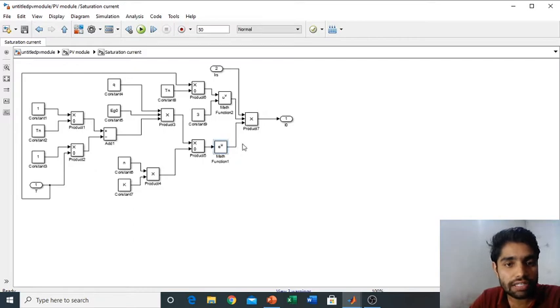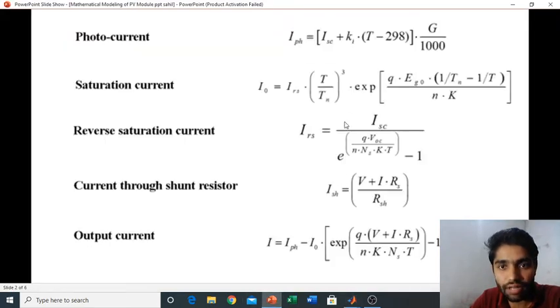So this is the output of this block, the exponential function, and this is multiplied by two quantities. One is the Irs, this is the constant block, and there is one block Tn by T. So we take the constant Tn, and we already use the constant T, so connect this to Tn and divide T by Tn, and pass it through this MATLAB function. What kind of function do we use? Because there is the power 3. You can see this is T by Tn raised to power 3.